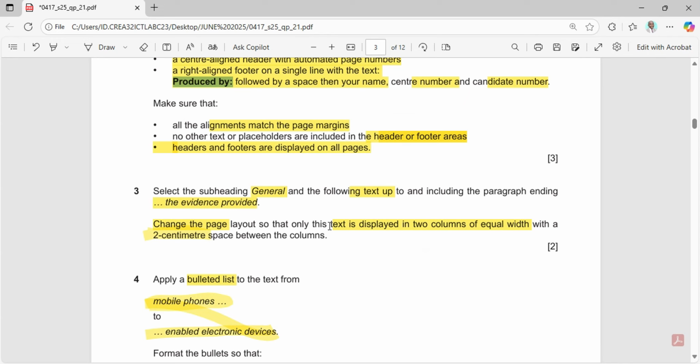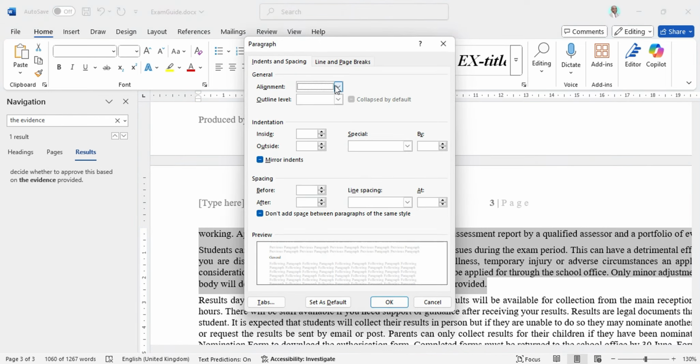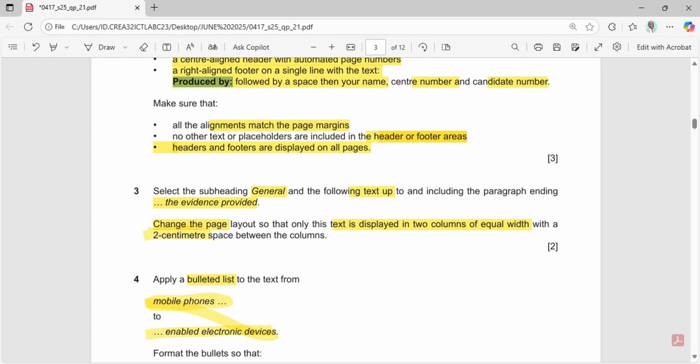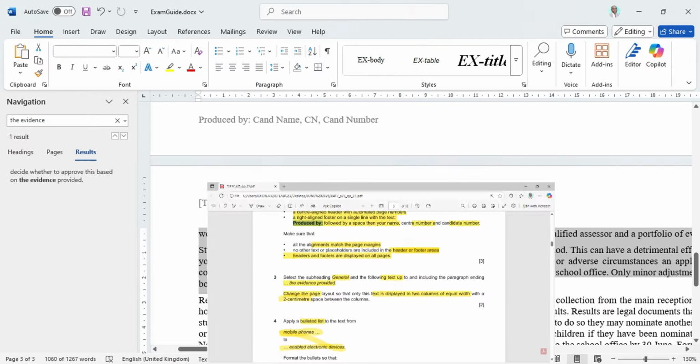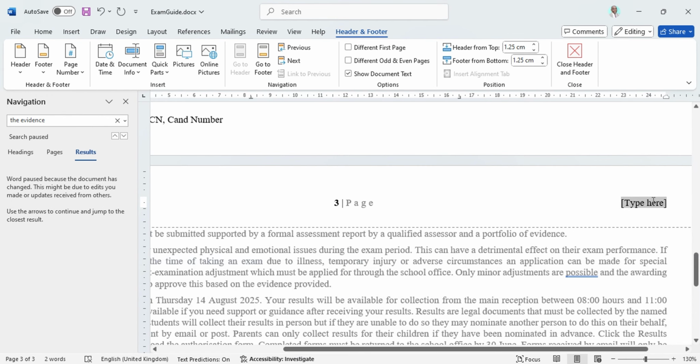Change the page layout so that only this text is displayed in two columns of equal width with a 2 cm space between the columns. So after I've selected, I go to paragraph setting. So the question is asking me to create columns. But before I do, I will see that there is still a placeholder for the header. So I will select this, press the delete key, scroll down towards right, you have it, press the delete key,